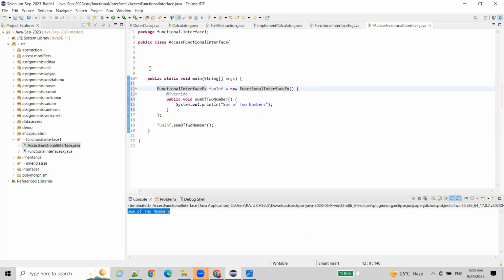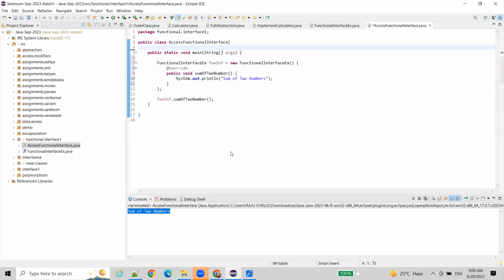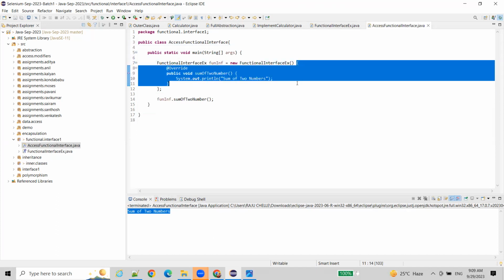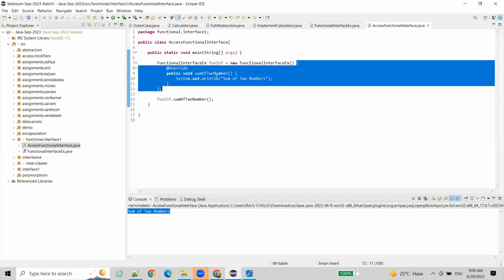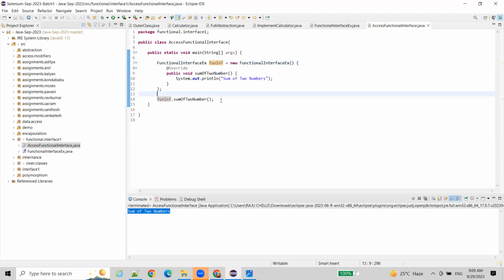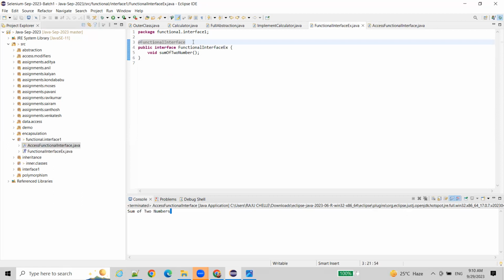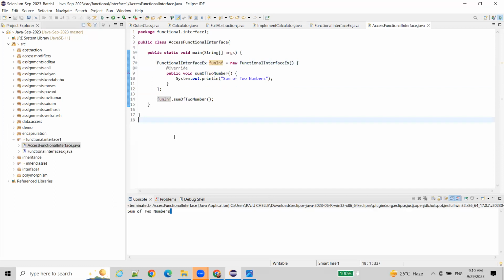So now you have a method inside the interface. With the help of an anonymous class, you are overriding that method, and with the help of the interface reference, you are accessing it. That is fine, this is the anonymous class usage. But coming to a functional interface, whenever an interface contains one method, we generally call it a functional interface. In that case, instead of writing like this, what you can do is simply